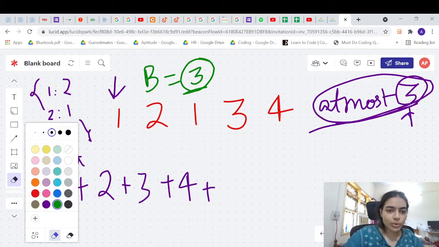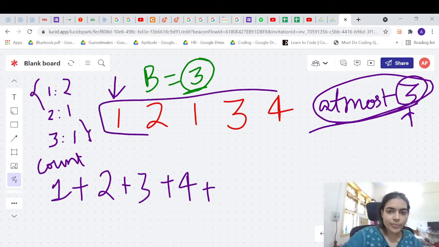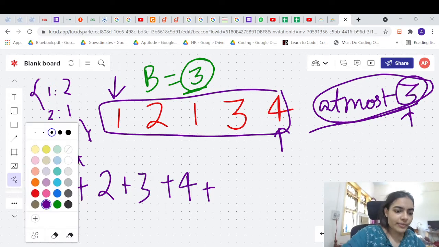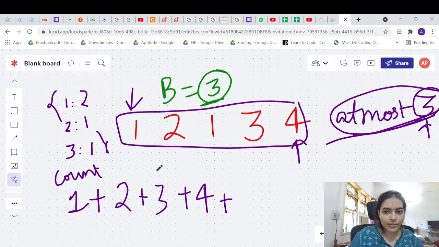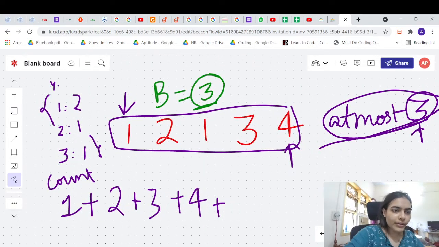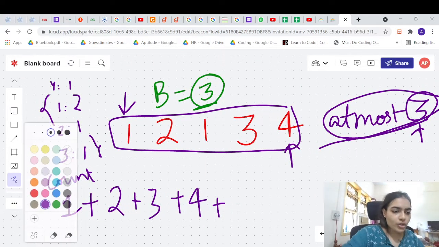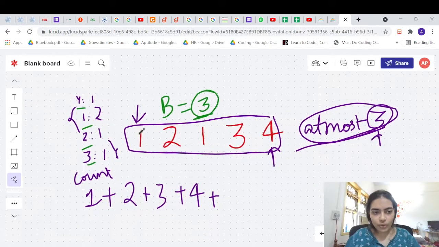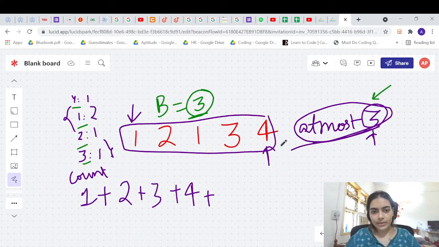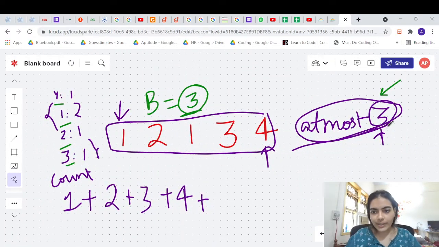Now let us move our pointer again and let us try to take this subarray. Now in this case, whenever you take this subarray, what will happen to the size of the map? As soon as you take 4, you will add one new element 4 with a count 1. So the size of the map is going to be 4 because you have 4 distinct integers. So size of the map is 4. You are crossing this threshold. The threshold was 3. You cannot have more than 3 distinct integers. But in this case, you got 4 distinct integers because the size of the map is 4.